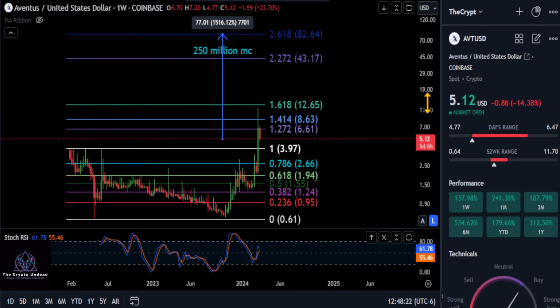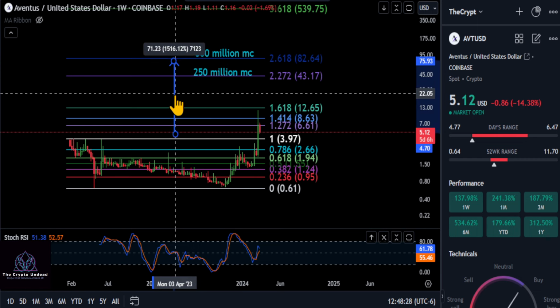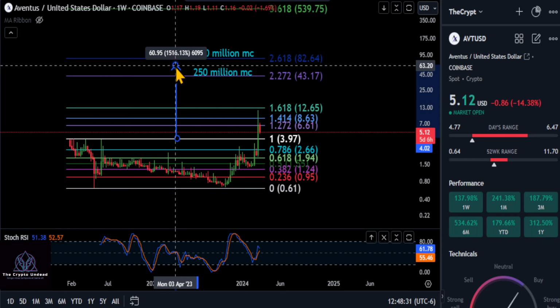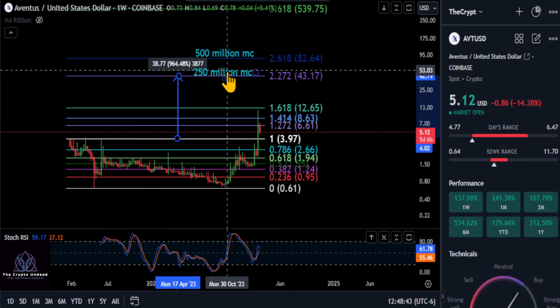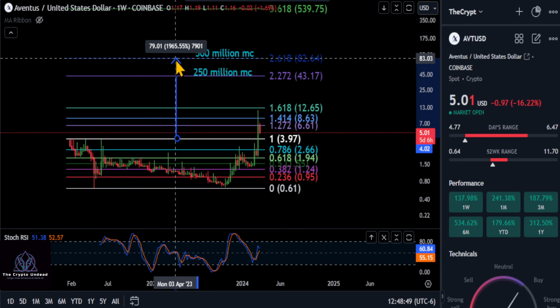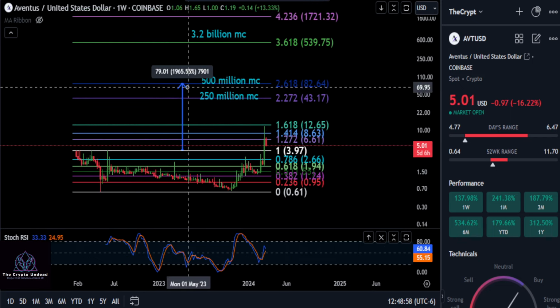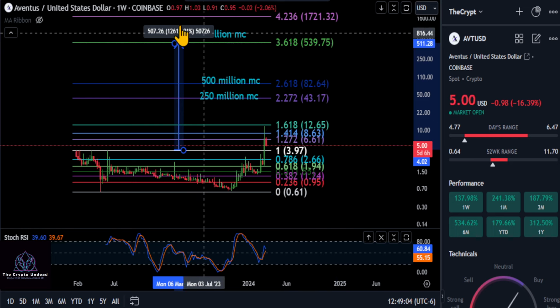Now, as for a potential target in the bull market here, you can see that we're just going to go from the top here because there's a good chance you're coming back to retest that $4 top there. So you can see that currently AVT has a $30 million market cap, and you can see potentially a 10x up to a $250 million market cap at $43, and then half a billion would be 500 million at $82, and that is a 20x on top of what we've already achieved here. And then potentially, if you're bullish on AVT here, a $3.2 billion market cap takes you all the way up here to over $500, and that is a